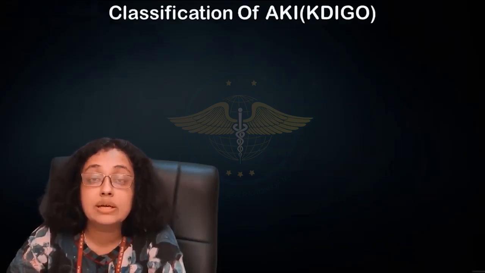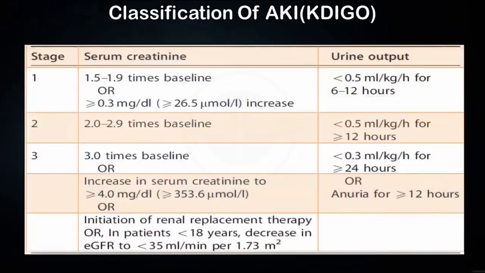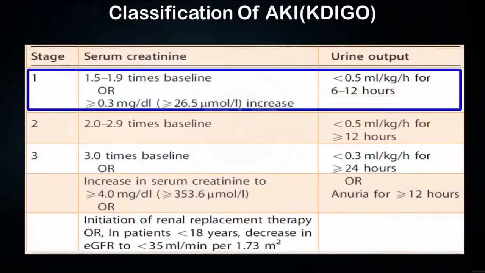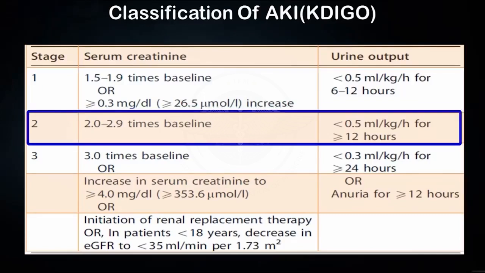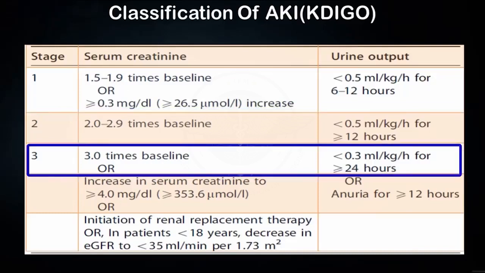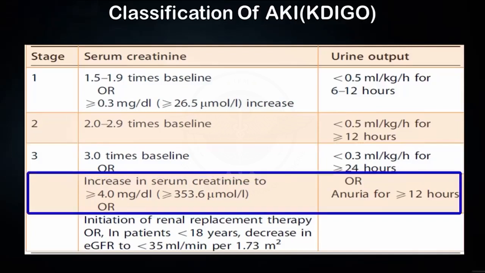So KDIGO actually staged the acute kidney injury. They said stage 1 was 1.5 to 1.9 times rise from baseline creatinine, or at least a 0.3 milligram increase, with or without a decline of urine output for 6 to 12 hours. Stage 2 was 2 to 2.9 times rise in serum creatinine from baseline with an oliguria for at least 12 hours. And stage 3 was serum creatinine rising by 3 times from the baseline, or an increase in serum creatinine to at least 4 milligram per deciliter, or a